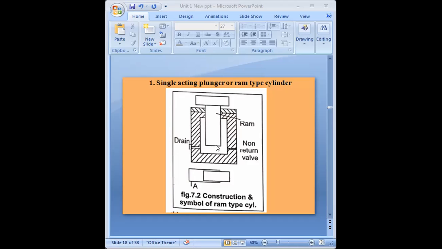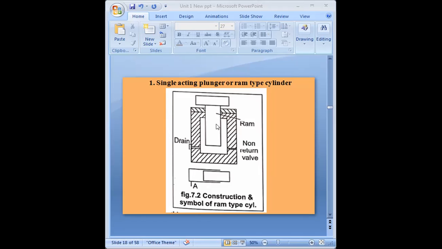So the basic constructional difference between this ram and other cylinders is that the ram does not have a separate piston. This ram type cylinder does not have a separate piston and cylinder. You can see in the diagram also. Here a separate piston and cylinder are not available, as in the other construction diagrams where we have seen the piston and the rod as separate parts. But here, in a ram type or plunger type cylinder,